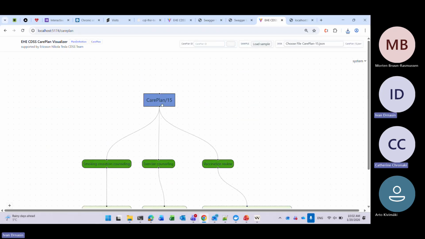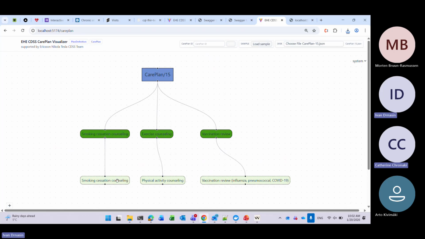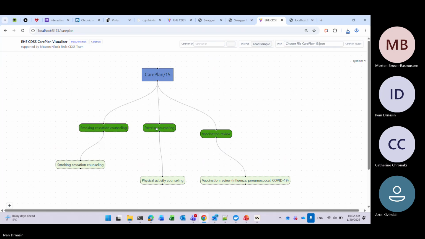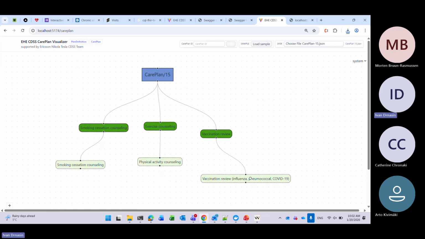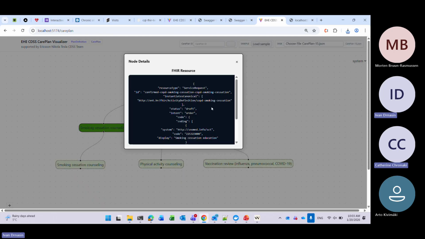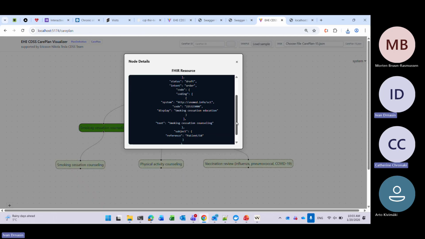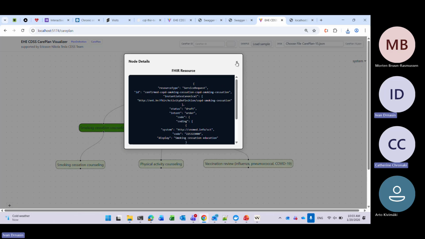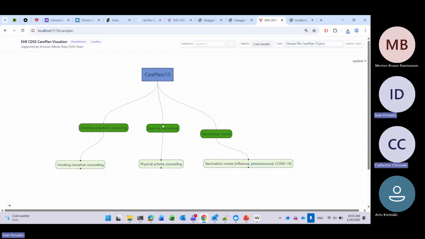Okay, now this is our simple care plan, and we would suggest our patient would have this in his patient portal, and maybe he will be able to see what he needs to do. Okay, he needs to call counseling to stop smoking. Maybe he needs to start some exercise.